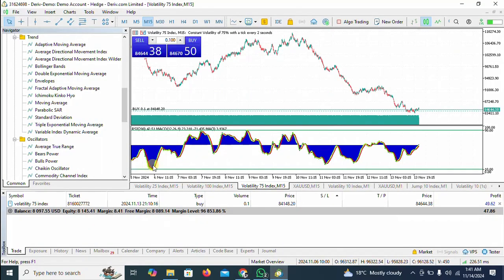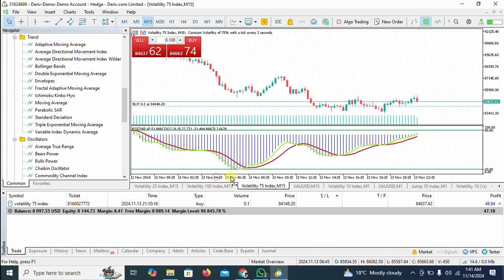So you can see, let me zoom. Yes, exactly, this is it. So you can see these blue lines. These are called the MACD histograph, and once they touch, for example, level 10 here,